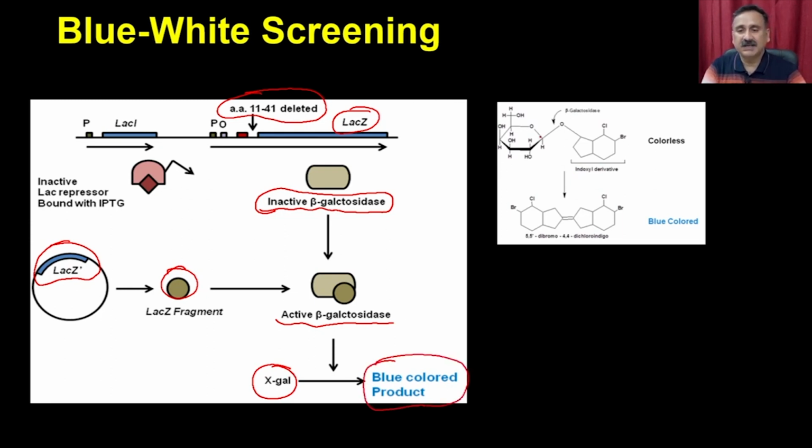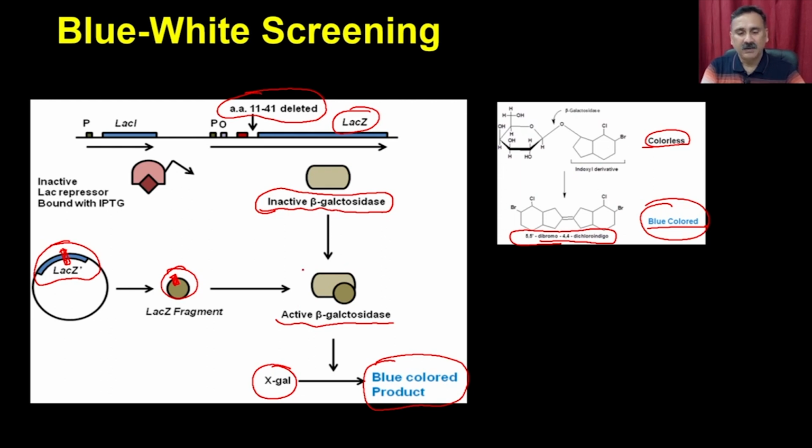And what reaction is it catalyzing? It is converting this colorless compound into a blue colored 5,5'-dibromo-4,4'-dichloroindigo. Okay, so this is a colored compound, a blue colored compound. Since you are cloning the gene into this particular lacZ area, even if the fragment is being produced, it is not going to complement the beta-galactosidase, and that's why you are going to have two